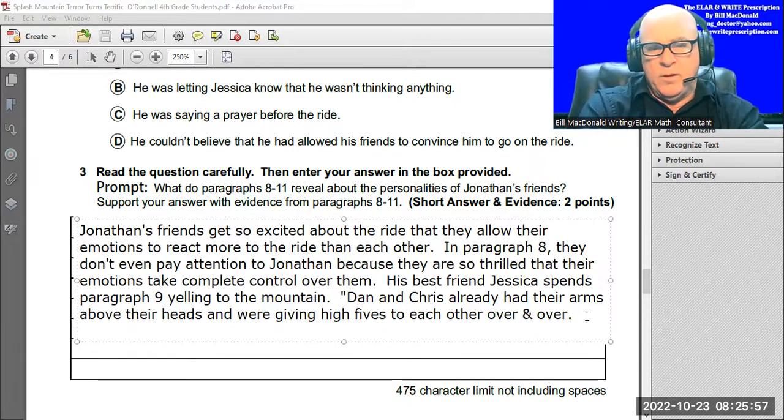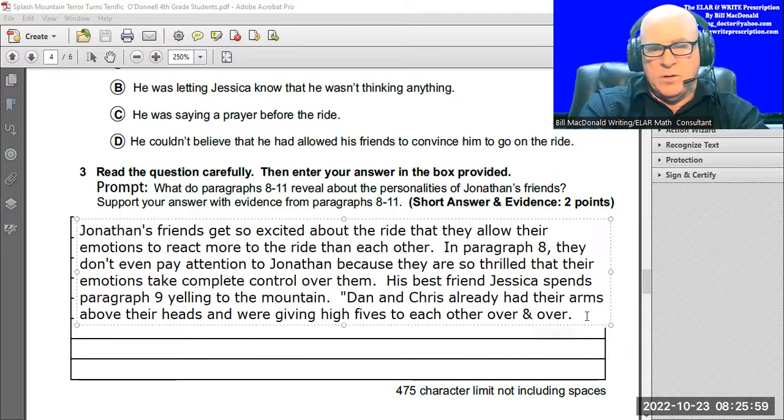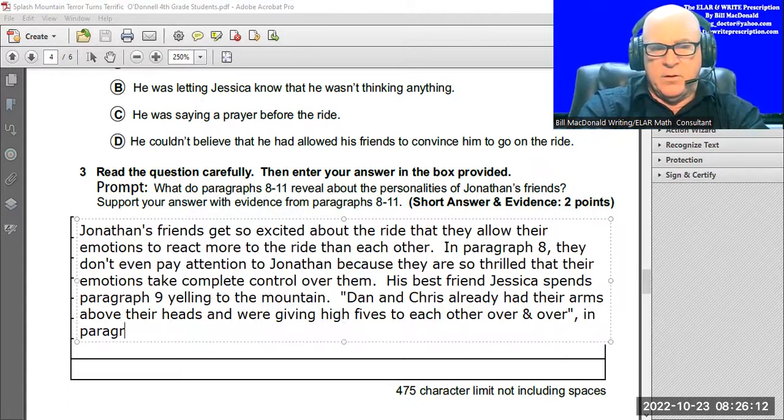If I'm going to open the quote, close the quote, and then let you know where I found that in paragraph 10. And so I can have some variety, I'll say in last paragraph,